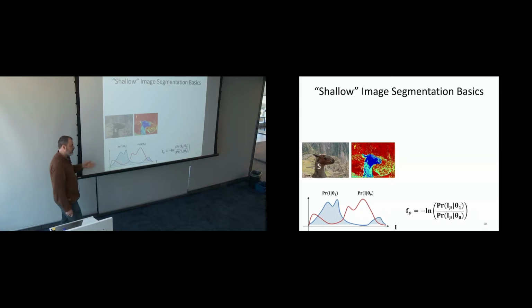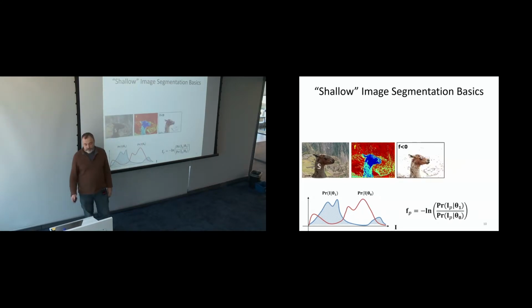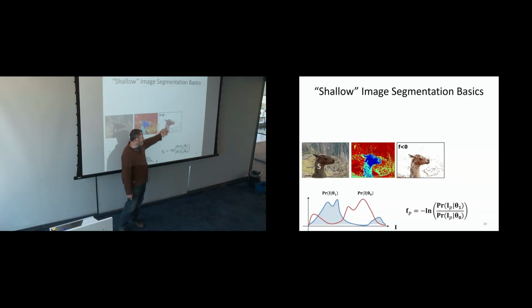But you can see that in this simple case, where it's very simplistic and probably inseparable, you can see it here. So if you just threshold those log likelihoods around 0, you're going to get this segmentation. This is our first segmentation of the day. And it's just based on pixels which have high likelihood to belong to the object, which means they're below this threshold. They are highlighted, and those which are more likely to belong to the background are removed.